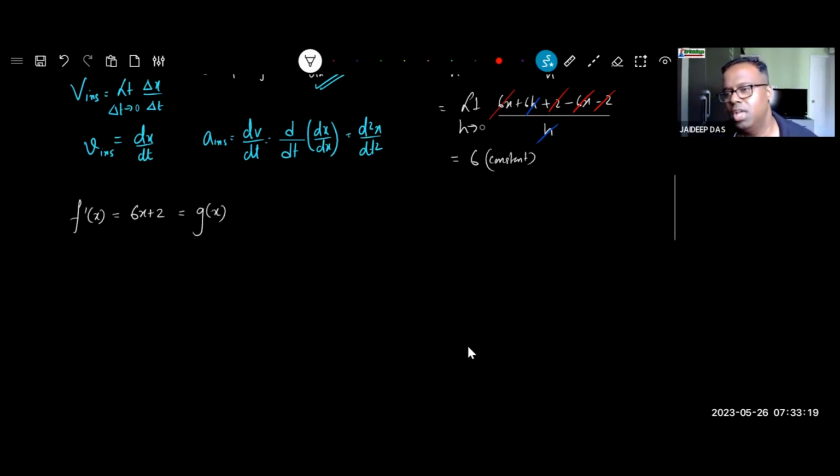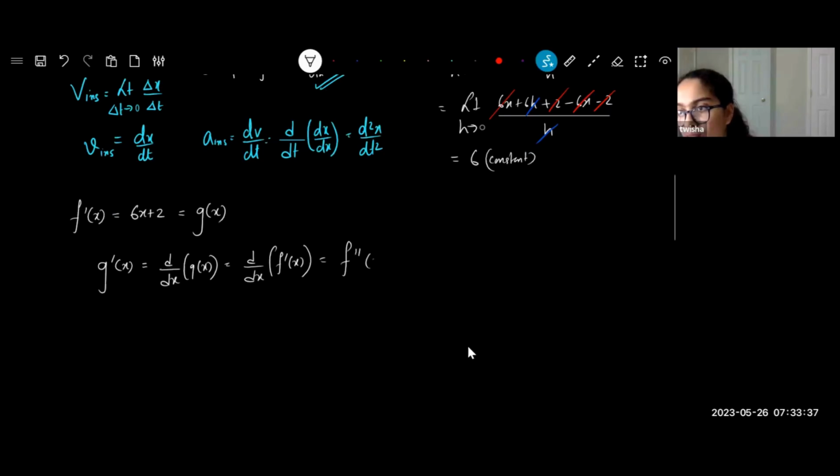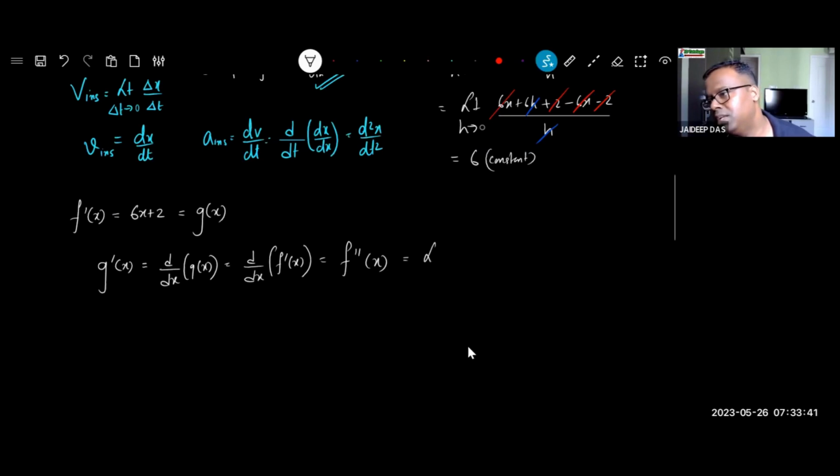And I am now interested to find g dash x, which means I am differentiating d by dx of g x, which means I am differentiating the original derivative function f dash x. So I write this as f double dash x, the second derivative. And now I make it the limit as h tends to 0 of f